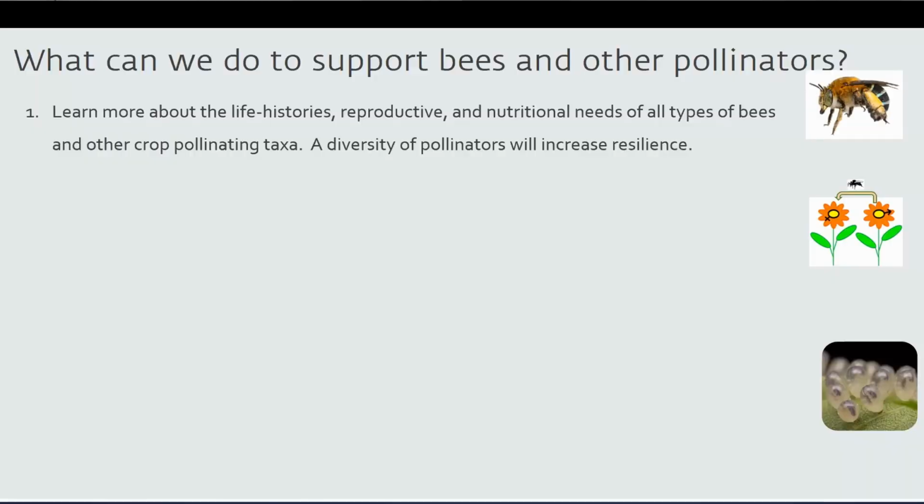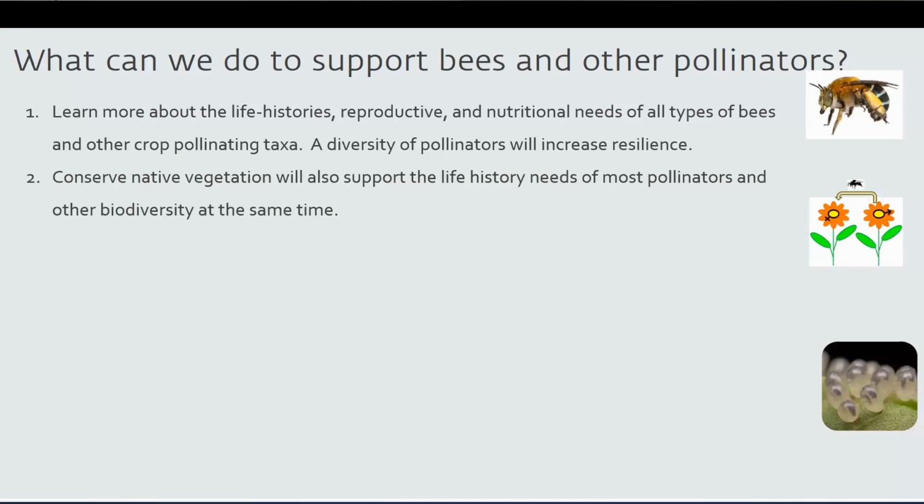I think the first thing is that we need to better understand their life histories, their reproductive needs, and their nutritional needs for all types of bees and other insects. We also know that having a diversity of these pollinators, both managed and wild, will increase resilience on farms and in our landscapes. And there's a lot that we don't know about the nutritional needs of bees, particularly in terms of what they get out of floral resources, whether they're seeking sugar or whether it's proteins, types of amino acids, types of fats. We don't really understand that at the moment, and that will help us to find the right